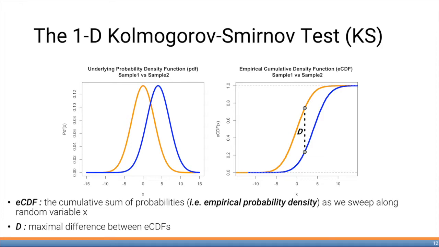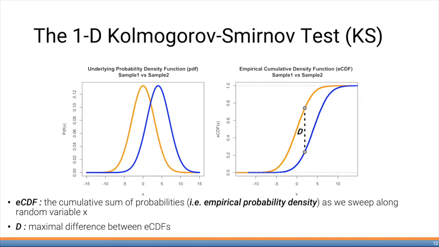The Kolmogorov-Smirnov test is a non-parametric method for determining whether a sample is consistent with a given probability distribution. The KS test computes the CDF as we sweep along a random variable x in both samples. Kolmogorov and Smirnov's insight was defining the distribution of the quantity d, the maximal absolute difference between the CDF of the set of values, and using this distribution for significance testing. Thus, the test can effectively be used to compare any univariate empirical data distribution to any continuous univariate reference distribution.